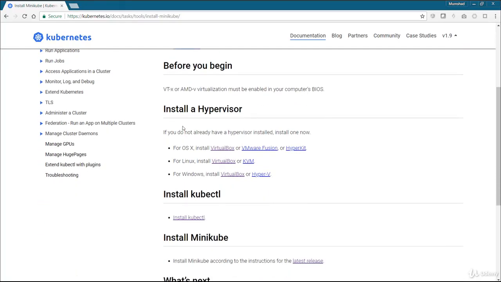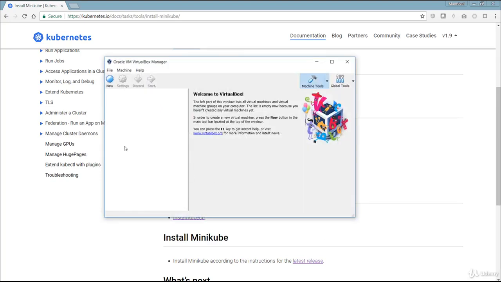There's actually a way to confirm that. If you go into your hypervisor, such as VirtualBox. In my case, I have VirtualBox installed on my laptop, which is also a prerequisite for configuring Minikube. You actually need a hypervisor. It could either be VirtualBox, VMware Fusion, or KVM. Since VirtualBox is supported on all the three flavors, such as OS X, Linux, and Windows, I actually went with